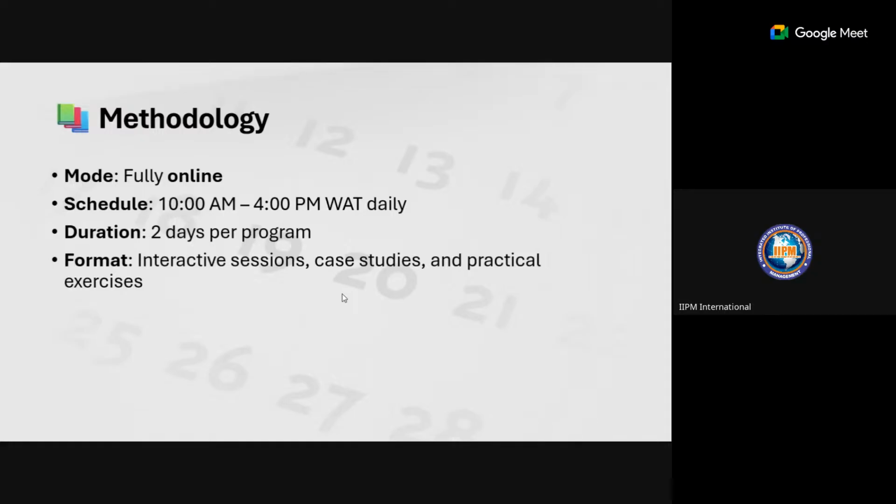We tried to bring case studies and make it interactive. Tomorrow in the venue, we'll be having our practical exercises. We'll be having practical exercises in the conference tomorrow. So everyone, please ensure that you are there.